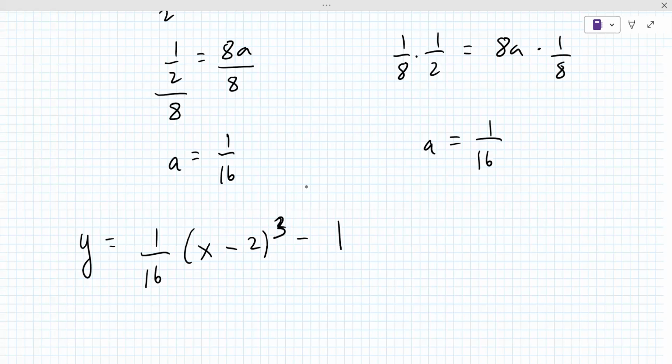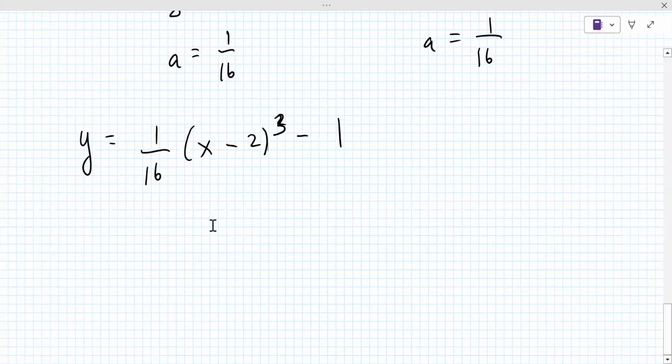So that is showing that the graph got divided by 1/16. Think of it as a vertical stretch or compress. It's a compress because it's less than 1. I don't think I know what that means, to be honest. Okay, so